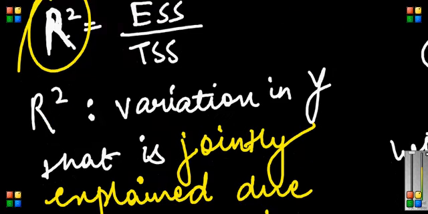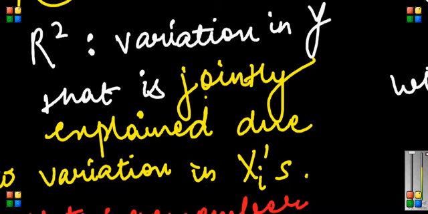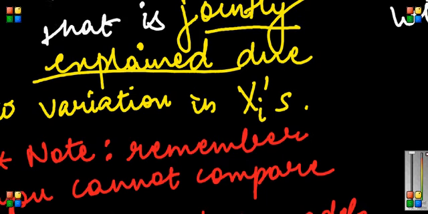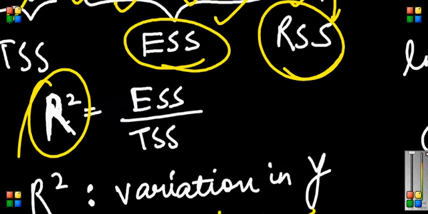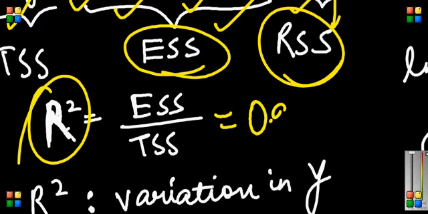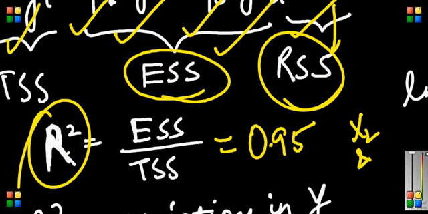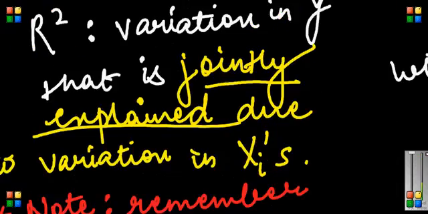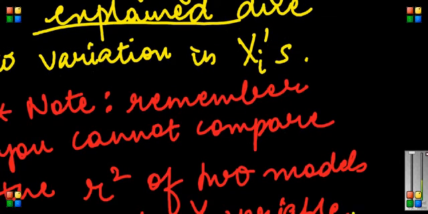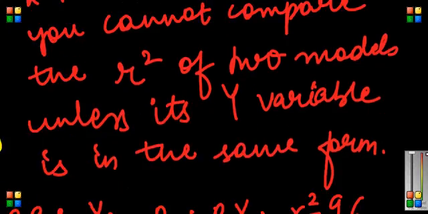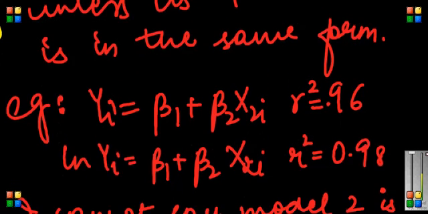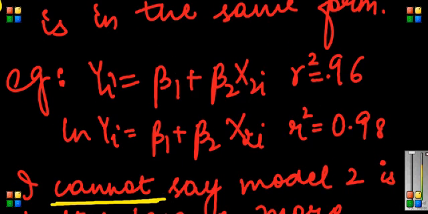It tells you what is the variation in y which is jointly explained due to the variation in x. Basically, suppose I say R square is 0.95, then it says 95% of the variation in y is jointly explained due to the variation in x2 and x3. So x2 and x3 jointly explain 95% of the variation in y. Okay, so remember you cannot compare R square of two models unless the y variable is in the same form. So for example, I have, so basically you should remember first